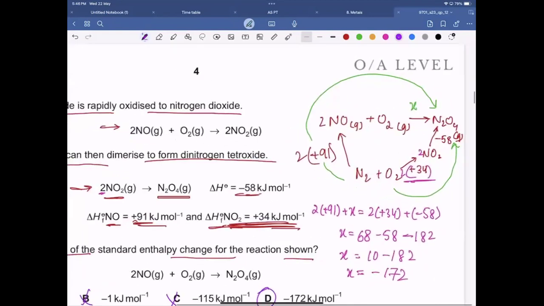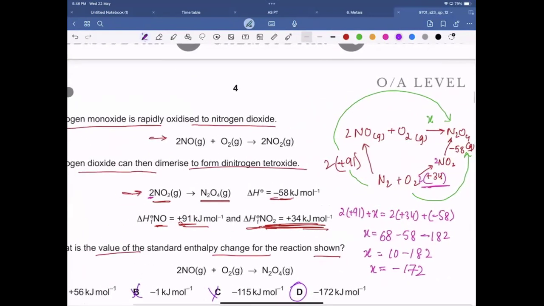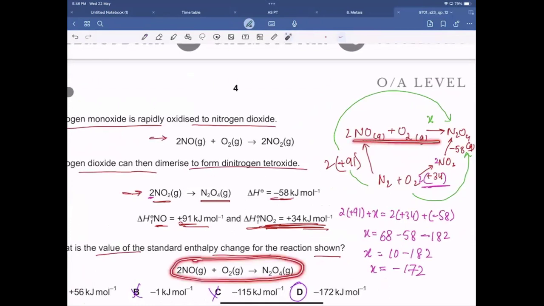Okay. Now see, they are asking you to calculate the enthalpy change for this reaction. So I have put this reaction over here. They have given you the enthalpy change of formation of NO. So whenever the formation is there, it means when the elements